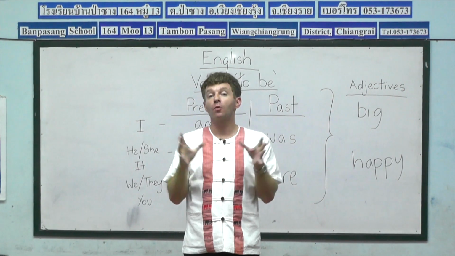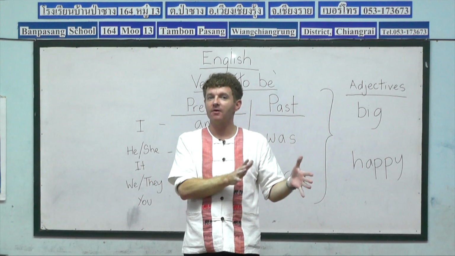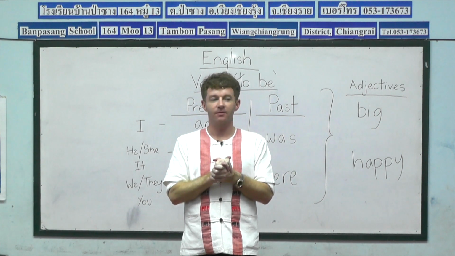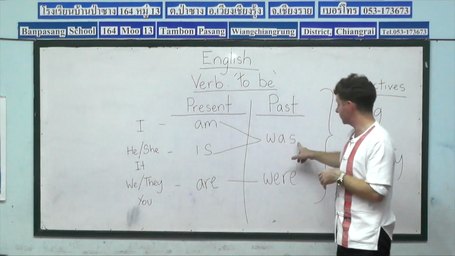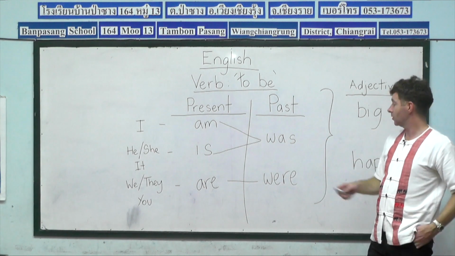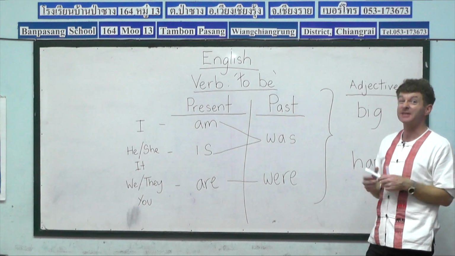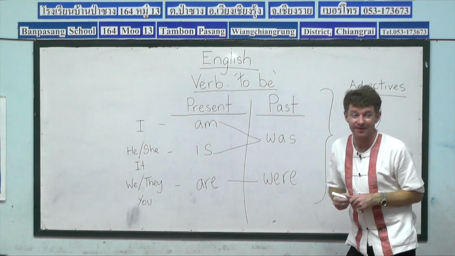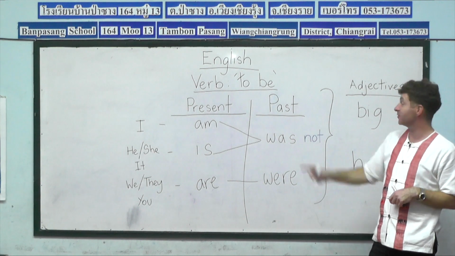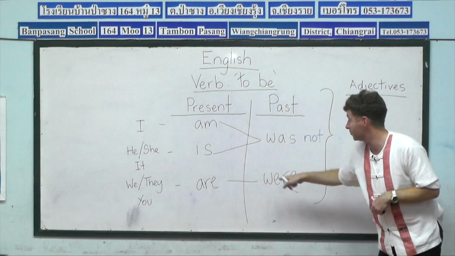What we're going to do, we're going to move on slightly in this lesson and look at things that we use in the past tense for when we don't do something. And these are what we call negative forms. Yes, we've already got the positive forms on the board. We can say, I was. We can say, we were. Or we can add another word to give it the negative form. Any ideas on the next word? N-O-T. Instead of I was, we say I was not. And instead of we were